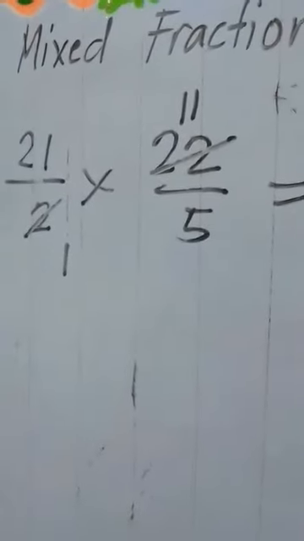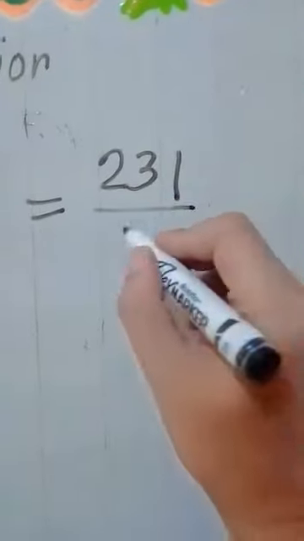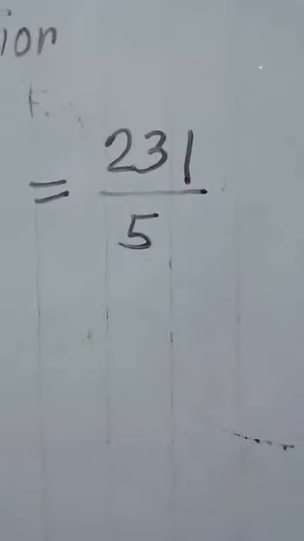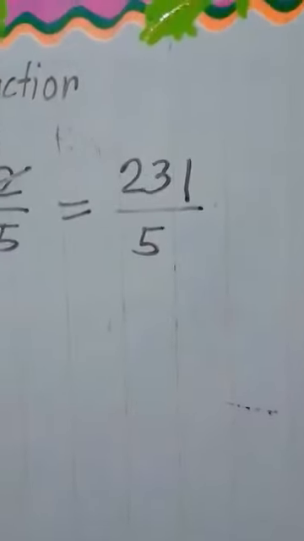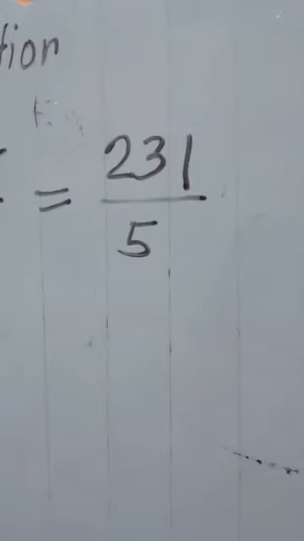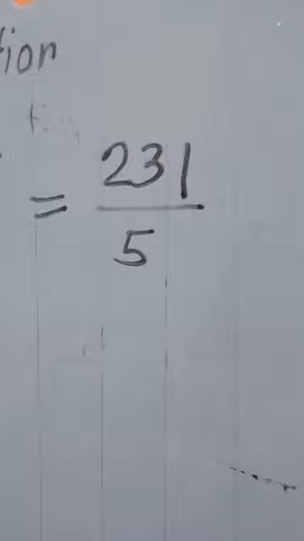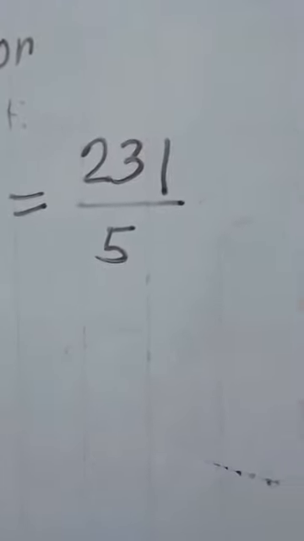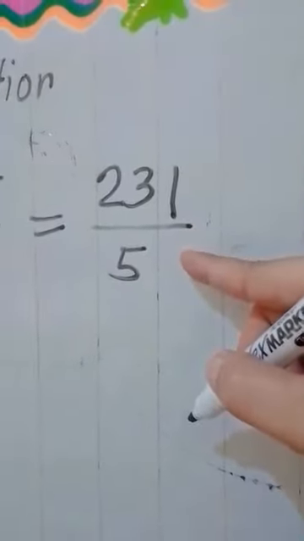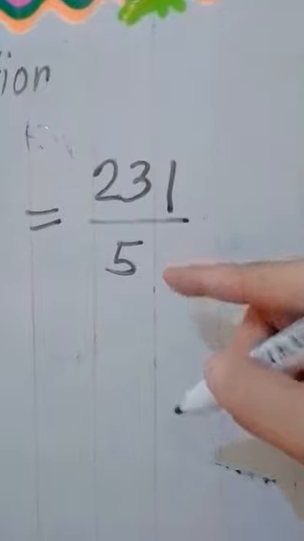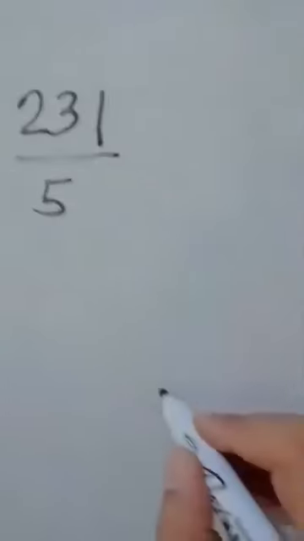So I will just write it. Okay, so 1 times 5 equals 5. Okay? So if we look at it, it is top-heavy. So what we are going to do with this is change this one into mixed form. Okay? So we will divide it. So 231